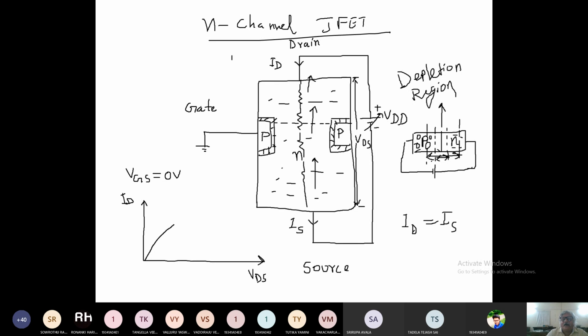So what is happening here? This device looks like this PN junction diode. You see, P material is connected to the negative terminal of the battery, that is ground, and you are increasing this positive terminal of the battery. This positive voltage you are increasing. So in this PN junction, you are getting the reverse bias. Same way in this device also, if you are increasing VDD, then this PN junction will have a reverse bias condition, and reverse bias is increasing. And if reverse bias will increase, then what will happen? Depletion region will increase.